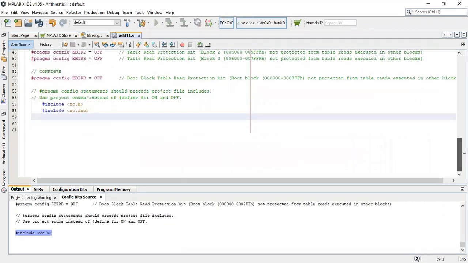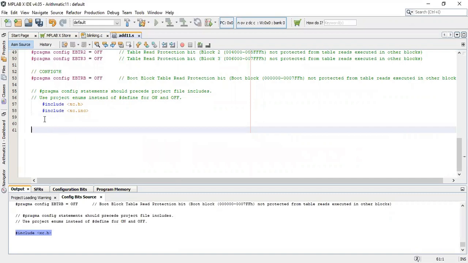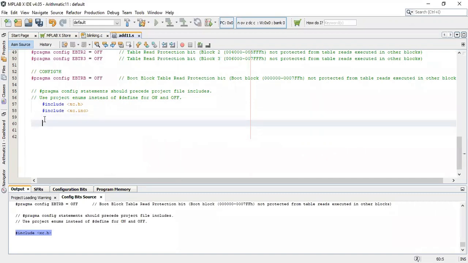Now from here you can write your own program. Now we will develop a small addition program. First of all, we will write the instructions.